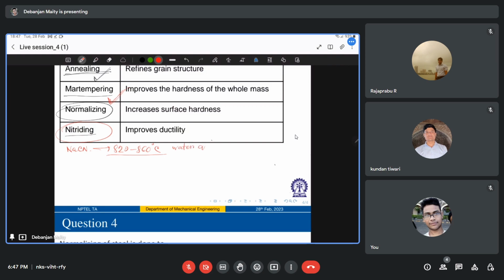Now this cyanide bath consists of 20 to 30% of this NaCN,